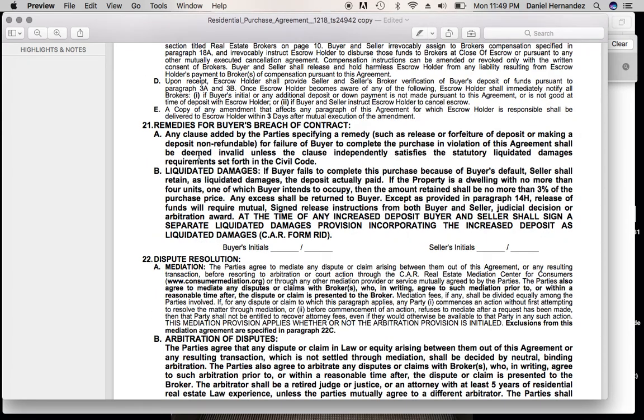So this right here, liquidated damages. I would highly recommend that you have your buyer sign. They don't have to, but at the end of the day, no one wants to go to court. So what this means is that both the buyers and sellers will do whatever it takes to settle any disputes outside of court. So it kind of moves on to